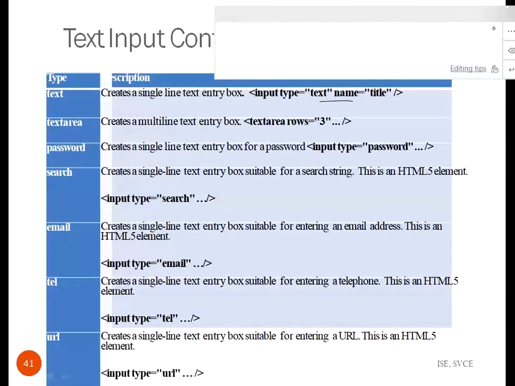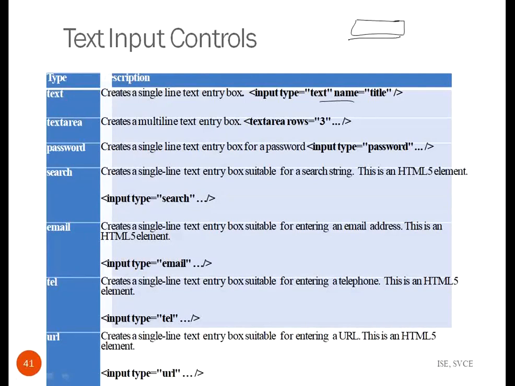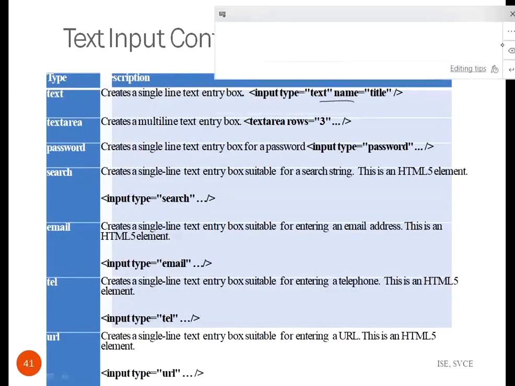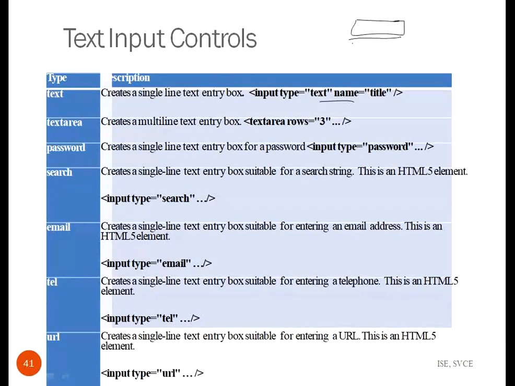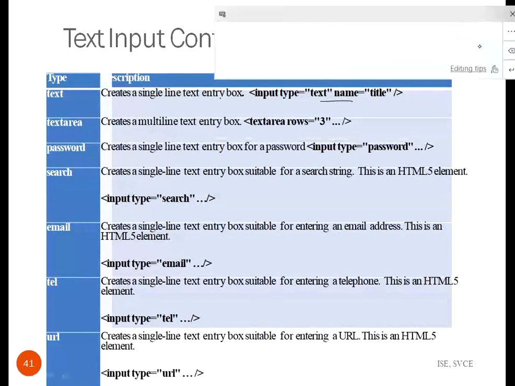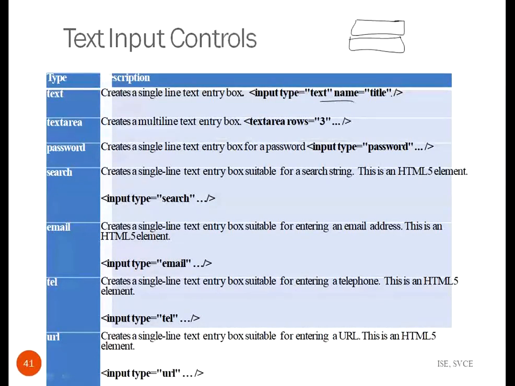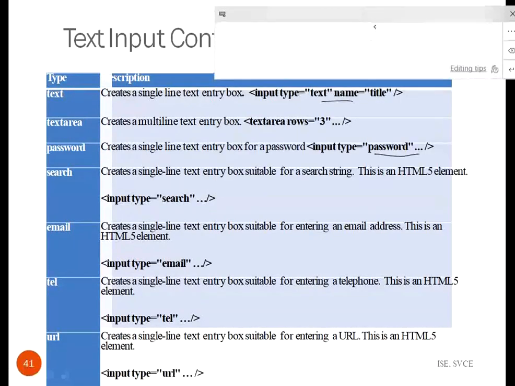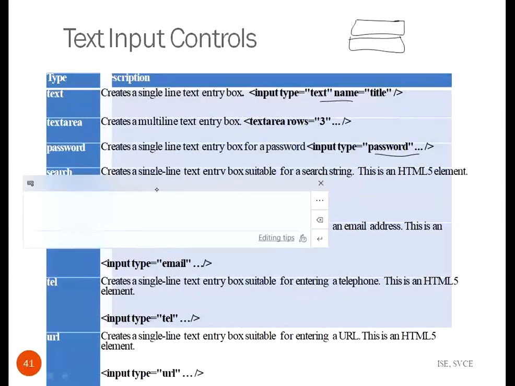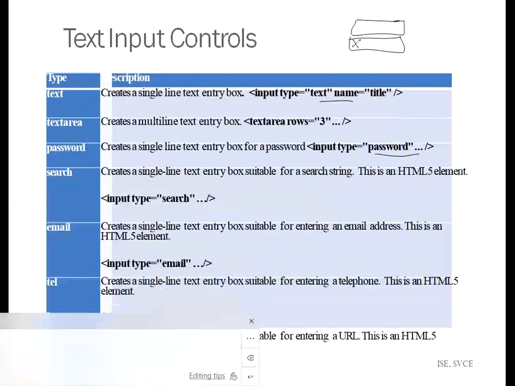If for a password I use just a text box, what happens? Whatever data or password you are entering is visible. If you want to hide that information, you need to use input type password. Immediately the data entered will be in the form of asterisk symbols.